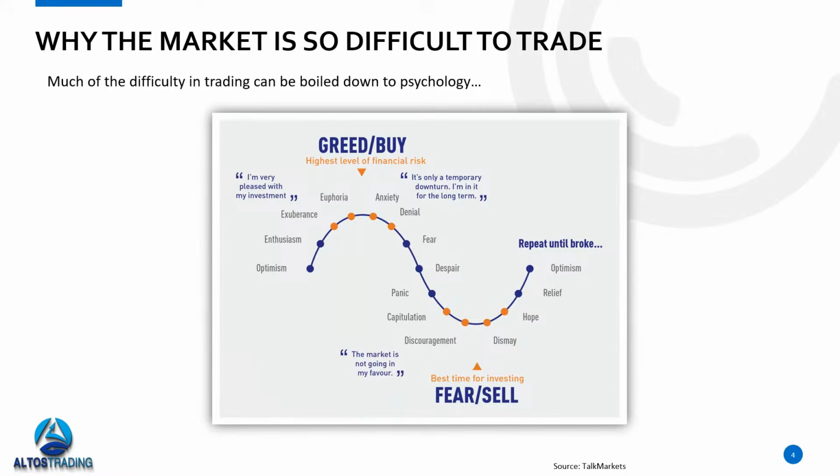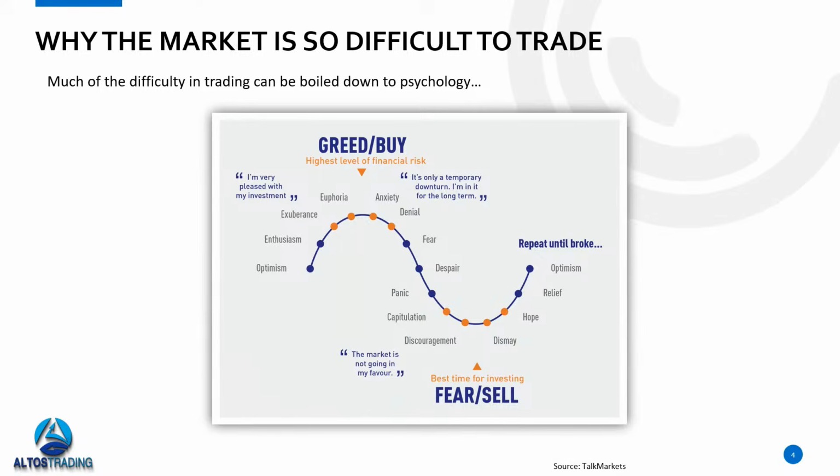But markets never move in a straight line, right? We have volatility, and we're going to be talking about volatility on our session today. So that trade can move against us at any time, without any sort of forewarning. And that exuberance and euphoria can quickly turn to anxiety, denial, fear. And this is where you tend to see panic selling in the market, right? So this is where people are taking losses when the market is moving against them. You get panic, capitulation, discouragement, but then that can turn around into renewed hope, belief, optimism. And this cycle just repeats itself over and over again.